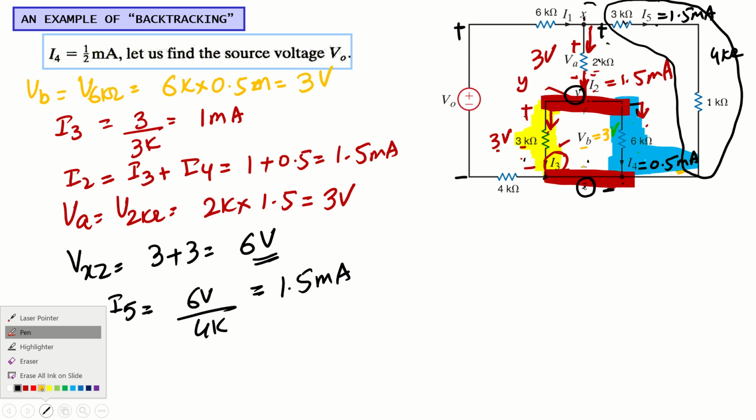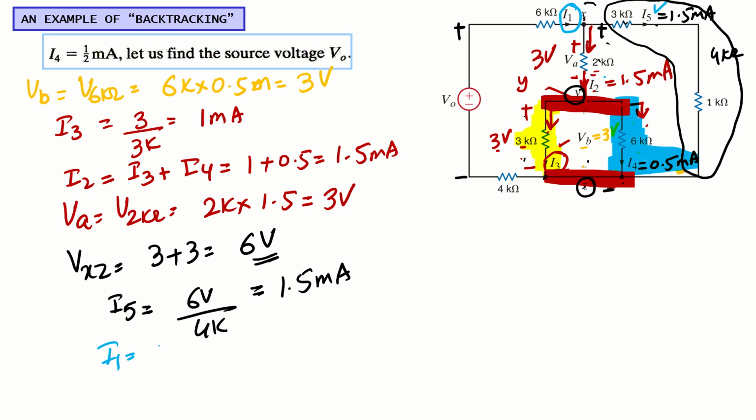Now what next can we find? If you look at the circuit, you know the value of I5, you know the value of I2, which is the current flowing through this. We can easily find I1. So what will be I1? I1 is basically I2 plus I5 because it is divided. So the I2 value is 1.5, and I5 is also 1.5. So it means I1 will be 3 milliampere. Right? Okay. So you know the value of I1, you know the value of I2, and you know the value of this; all we have found.